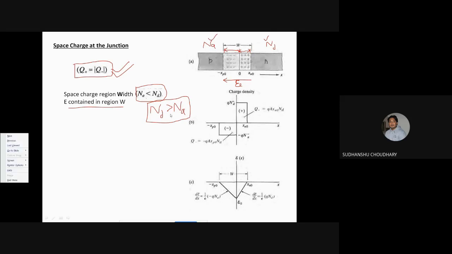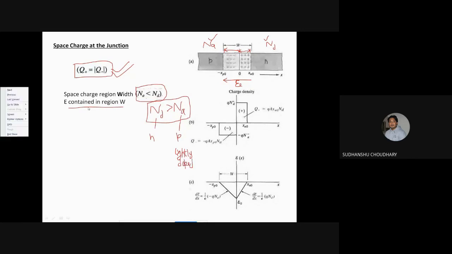And if in this case the doping concentration of n-type, that is donor concentration, is more than the acceptor impurity concentration, so whichever side is lightly doped, that means p-type is lightly doped, because the donor concentration on n-type is larger than the acceptor concentration on p-type. So we say that n-type is heavily doped and p-type is lightly doped. So p-type is lightly doped here in comparison to the n-type. And the semiconductor which is lightly doped will see more penetration of the depletion region.